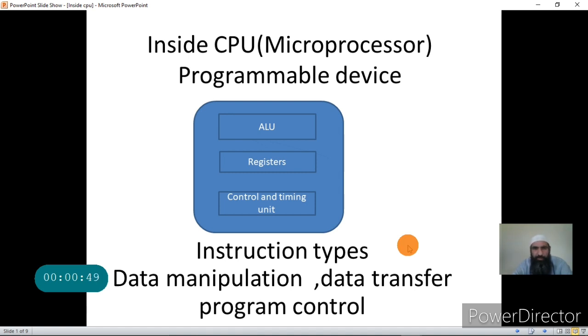Today I'll be handling the CPU structure and certain other issues related to the CPU.